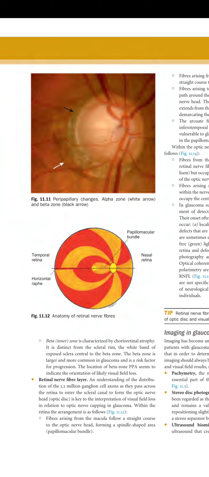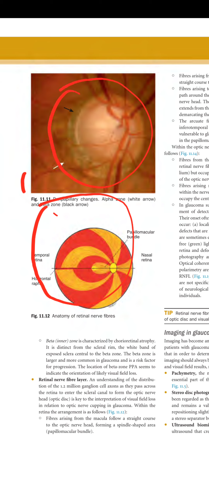Beta inner zone is characterized by the chorioretinal atrophy. It is distinct from the scleral limb, the wide band of the sclera central to the beta zone. The beta zone is larger and more common in glaucoma and is a risk factor for progression. So the beta zone is basically the outer